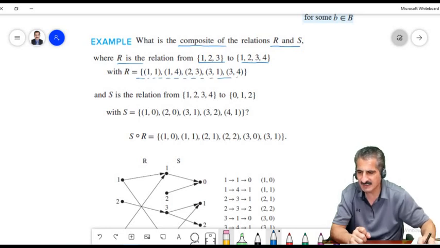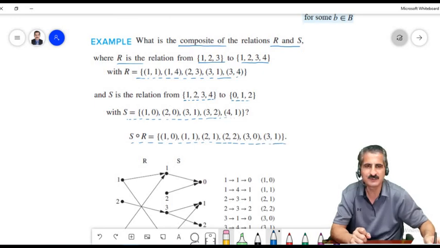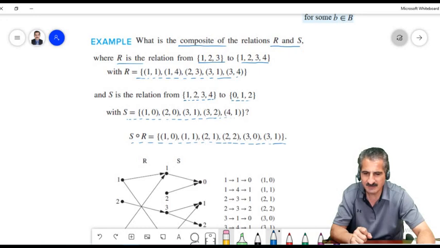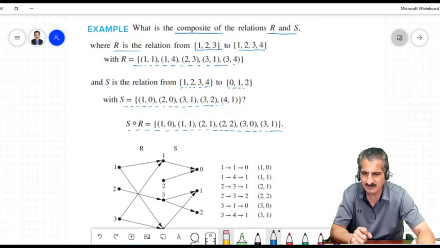And S is a relation from {1, 2, 3, 4} to {0, 1, 2}, and it is given that way. And the composition will be the following way. Now, how did we know the composition is the following? The easiest way to do it is to follow